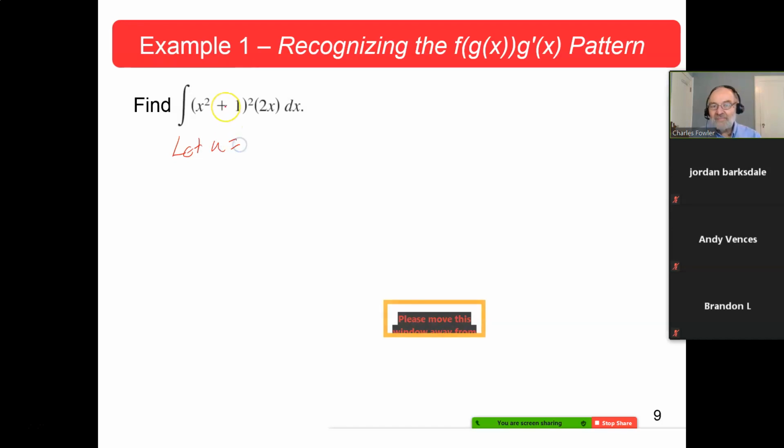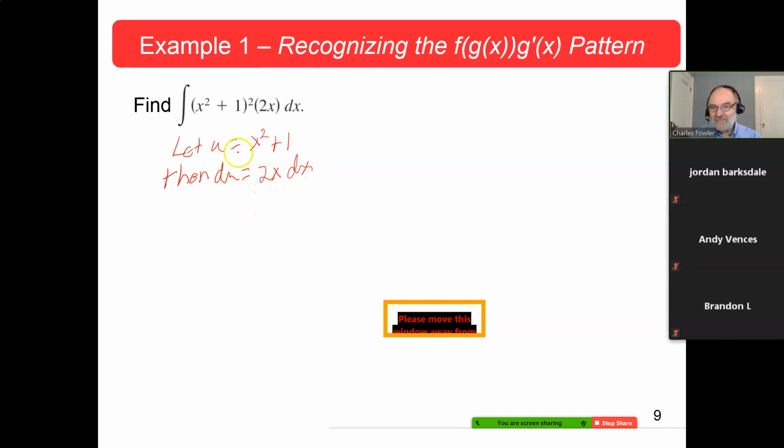u equal, now here's how I say it, the innermost part of the most complicated part of your integrand. Most complicated part, of course, is this squaring function. The innermost part of that is here, so let that be your u. Let u equal x squared plus 1. As soon as you determine that, any let is followed by then. Then du, anyone tell me what du is? Derivative of x squared. 2x in differential form, dx.